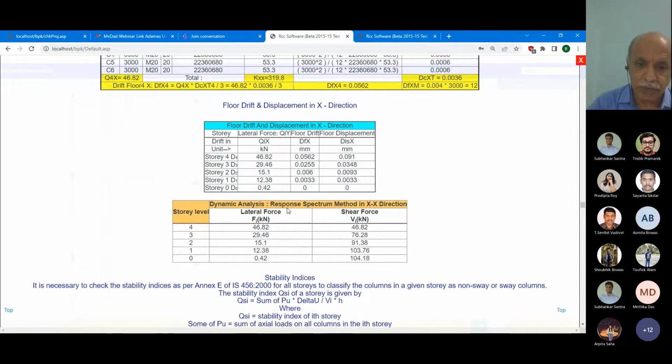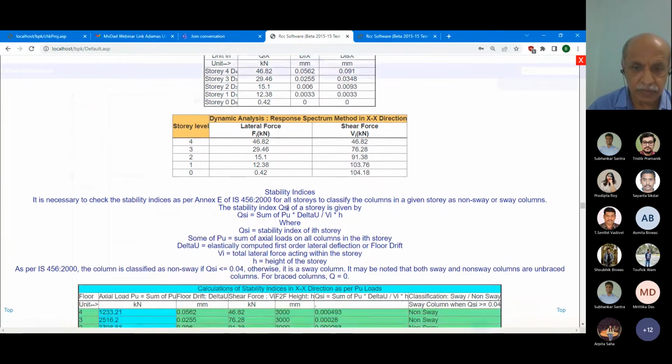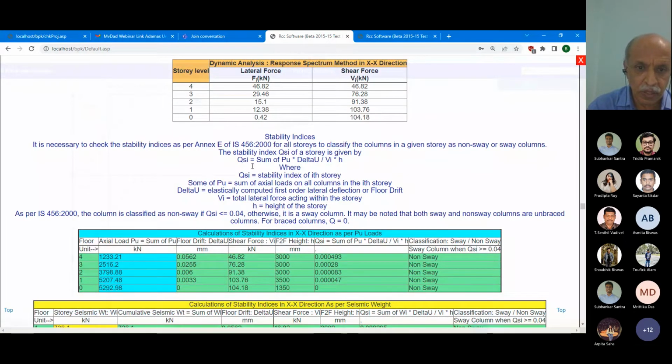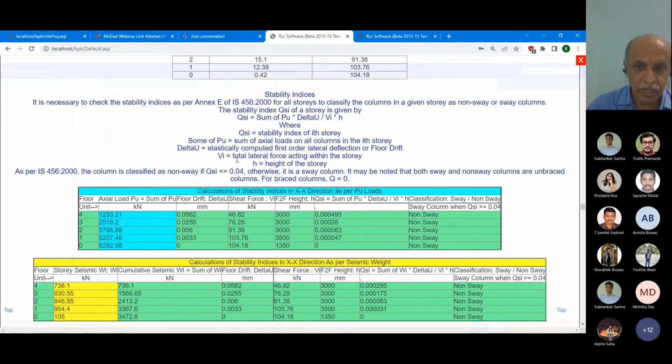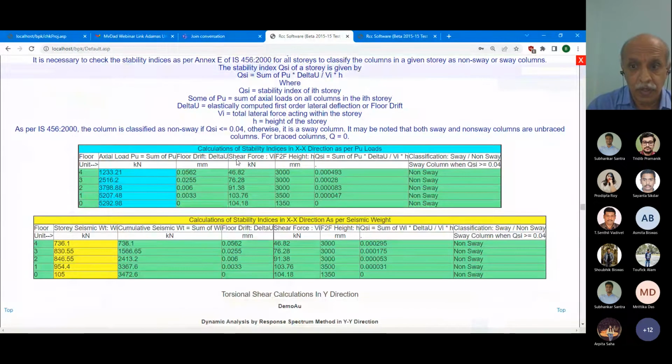We check the stability indices of the structure. Again, as per the formula, we have to see whether the structure is sway or non-sway. If the displacement drift is more than 0.04, then it comes under sway. If it is less than that, then non-sway. Here we are showing you